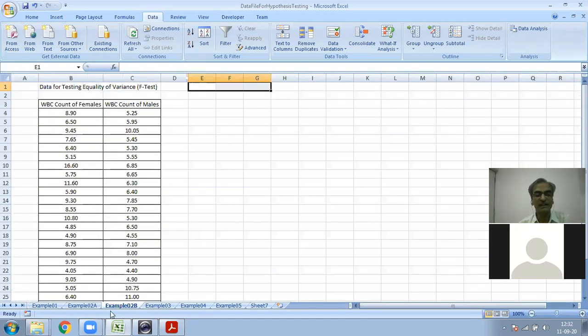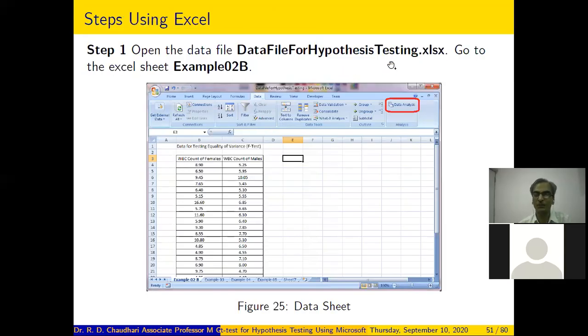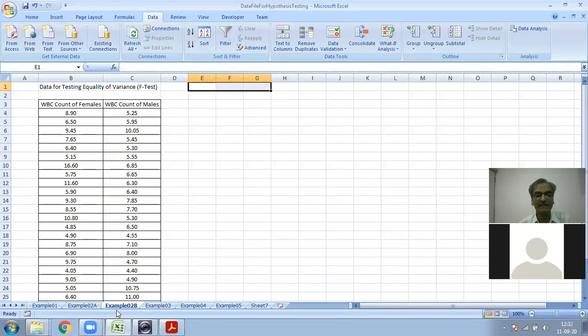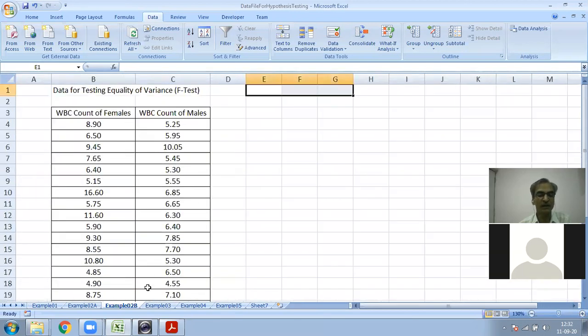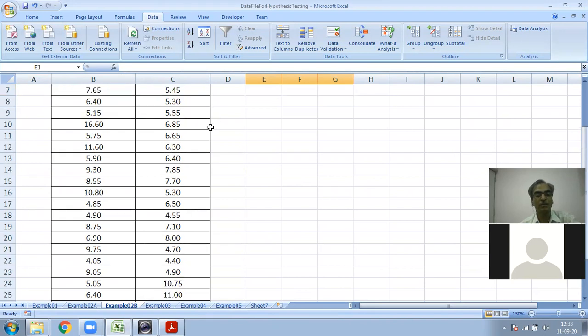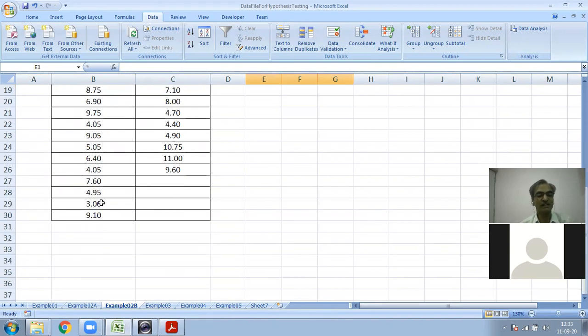So the data file is the same data file, that is, data file for hypothesis testing.xlsx. Go to the example 02 B tab. You can see the data in two columns: WBC count for females and WBC count for males.